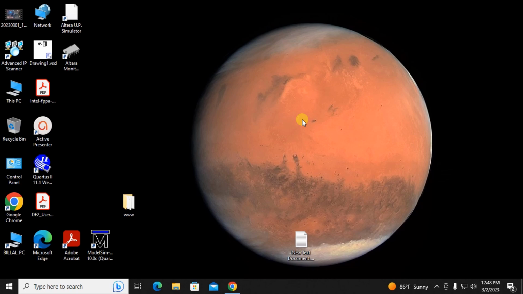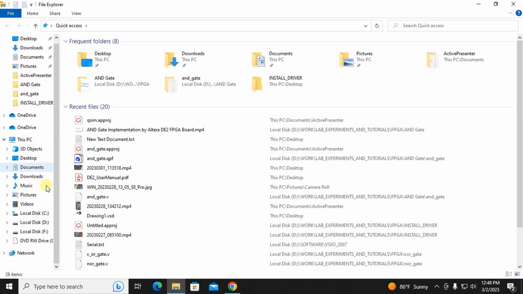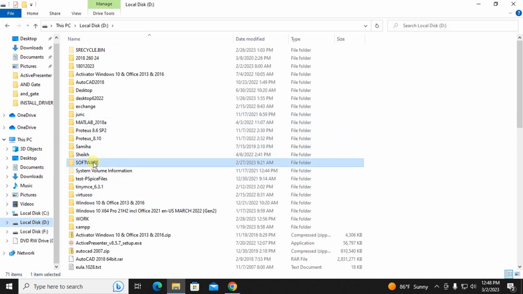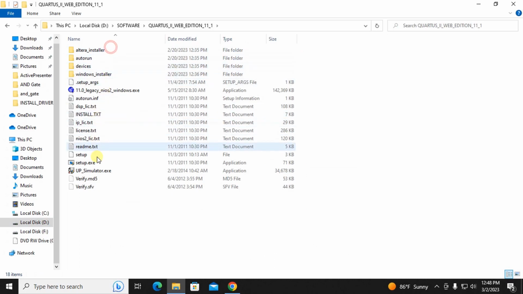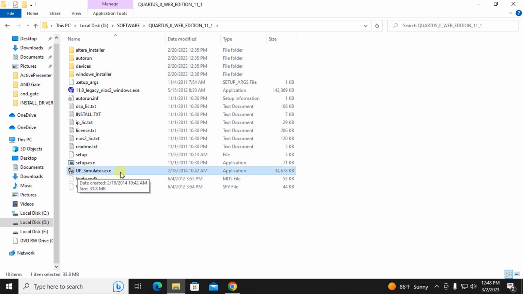Today we will learn how to install Altera UP simulator or Altera Qsim. So this is our Altera UP simulator installation file. Just double click on the file,